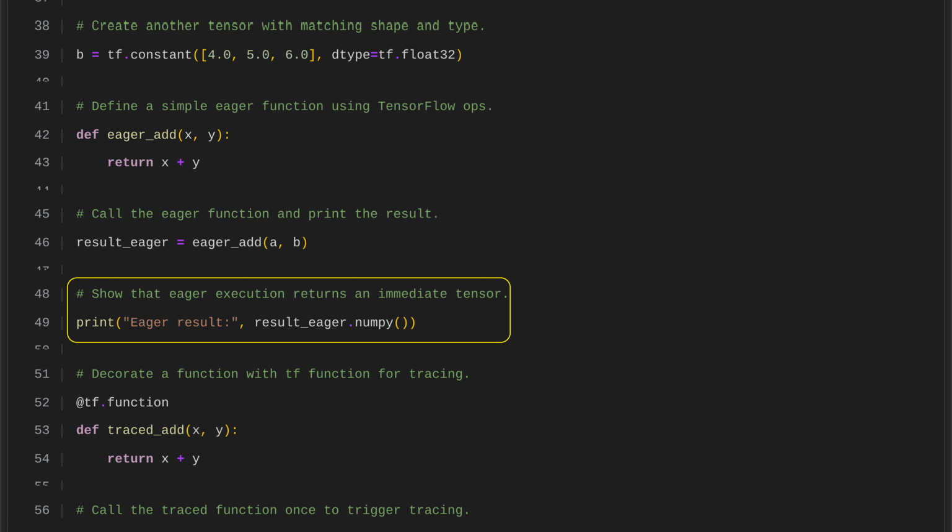This line of code adds 2 tensors and immediately prints the result using eager execution. It then converts the resulting tensor to a NumPy array before printing. This shows that with eager execution, operations are run right away and you see the output directly without first creating